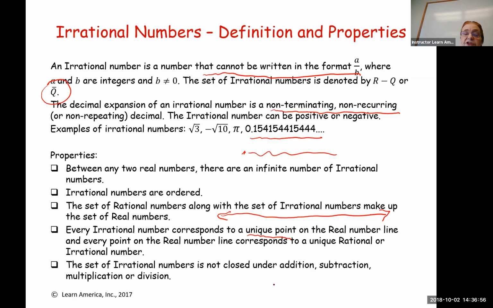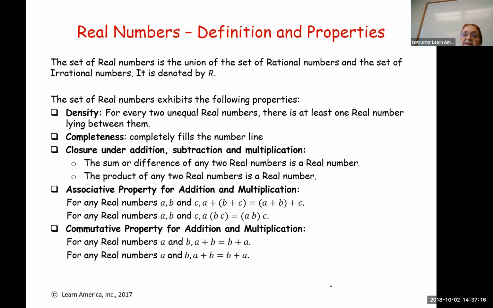It's very easy to show with a simple example. For example, say we look at radical 3 and we multiply by radical 3, we get 3. So we see that it's very easy to demonstrate a counterexample. And remember, if we want to show that something is not true, the easiest way is to deal with a counterexample. Now, when we take these rational numbers and we take the irrational numbers and we smush them all together,